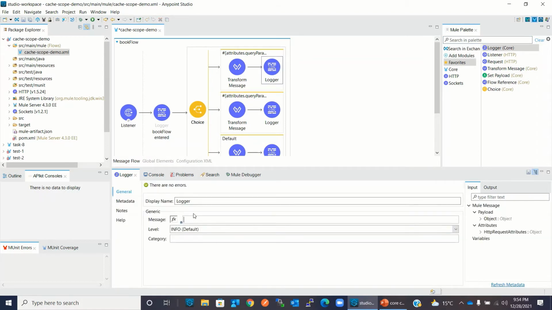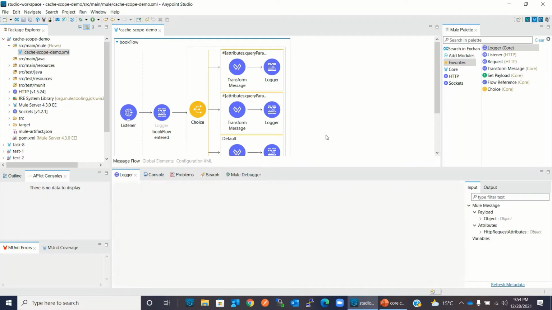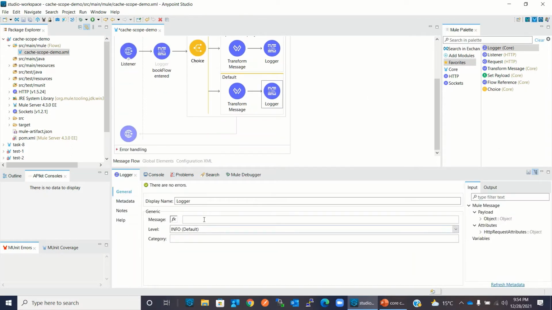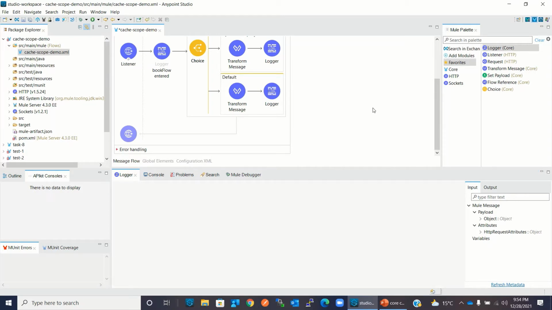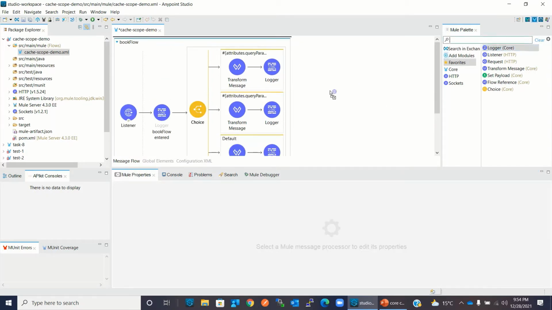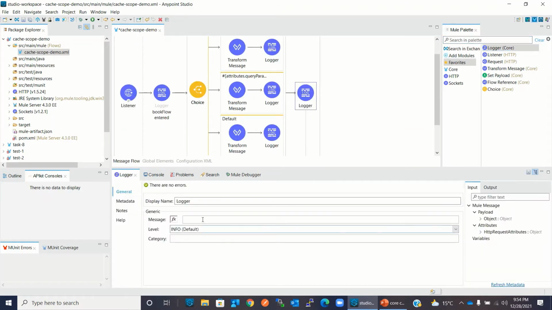Here I will say got the book 100 detail. Here I will say got the book 200 detail, and here I will say book not found.